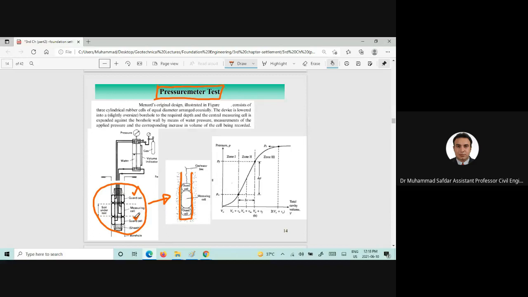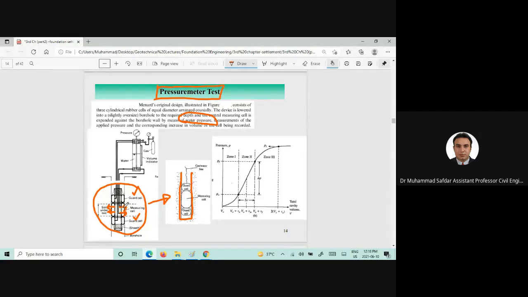In fact, we have two guard cells, and this is the measuring cell. This measuring cell will apply pressure onto the soil, which is called the soil under test. Once they lower the guard cells and measuring cell into the borehole, then using water pressure, this measuring cell will